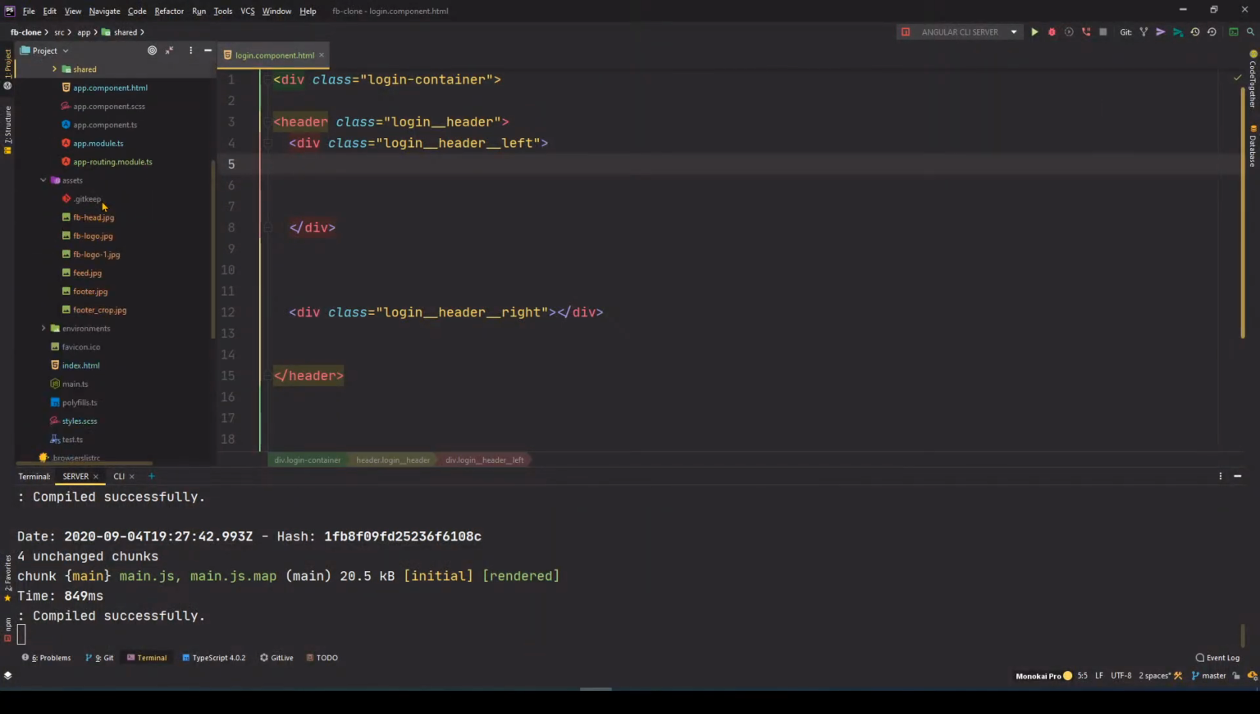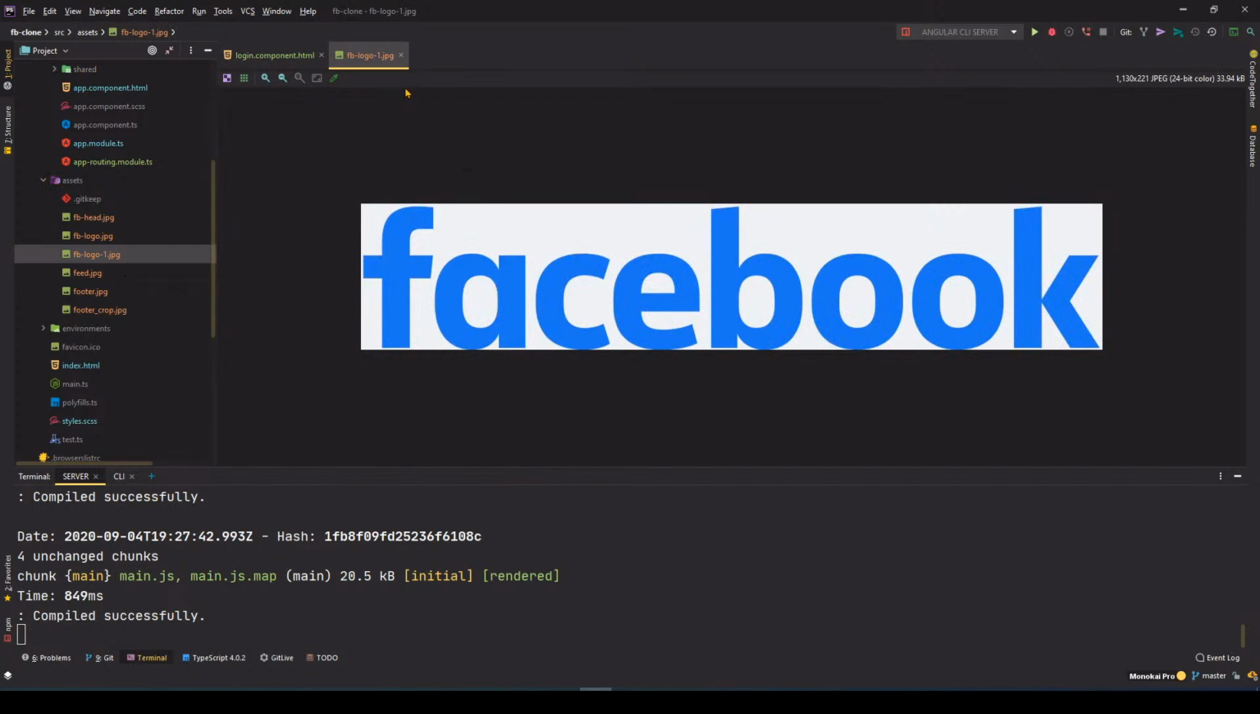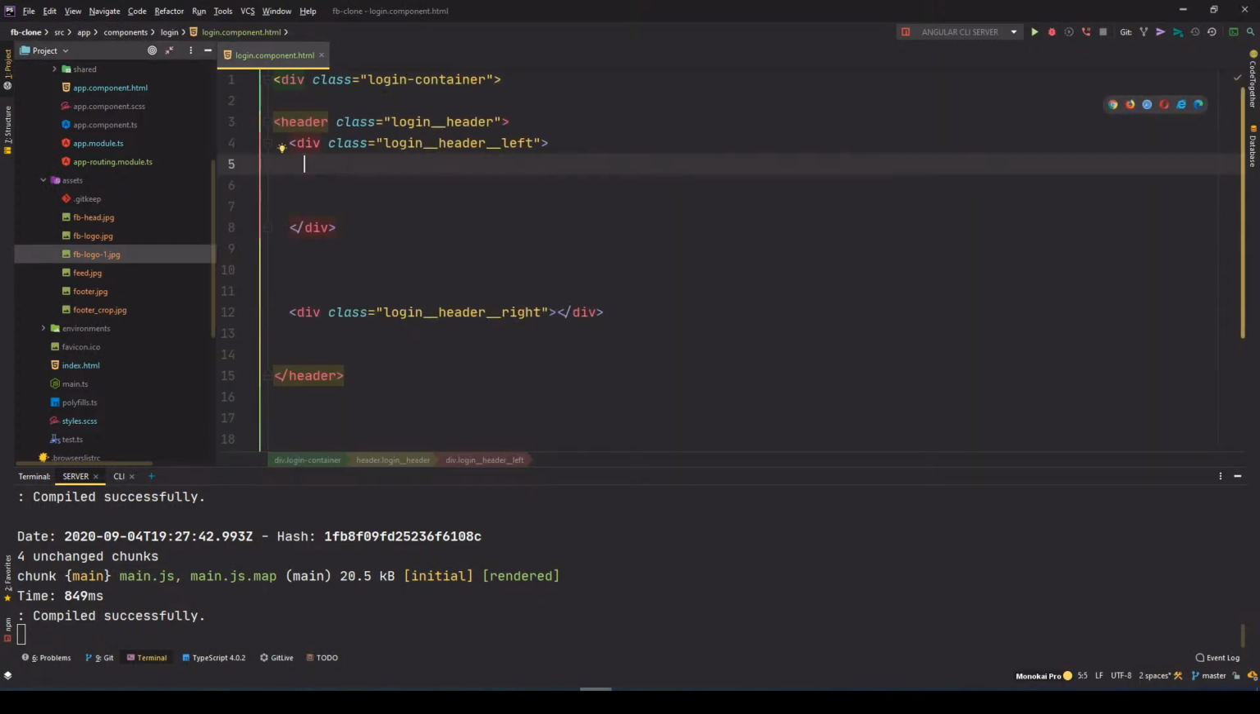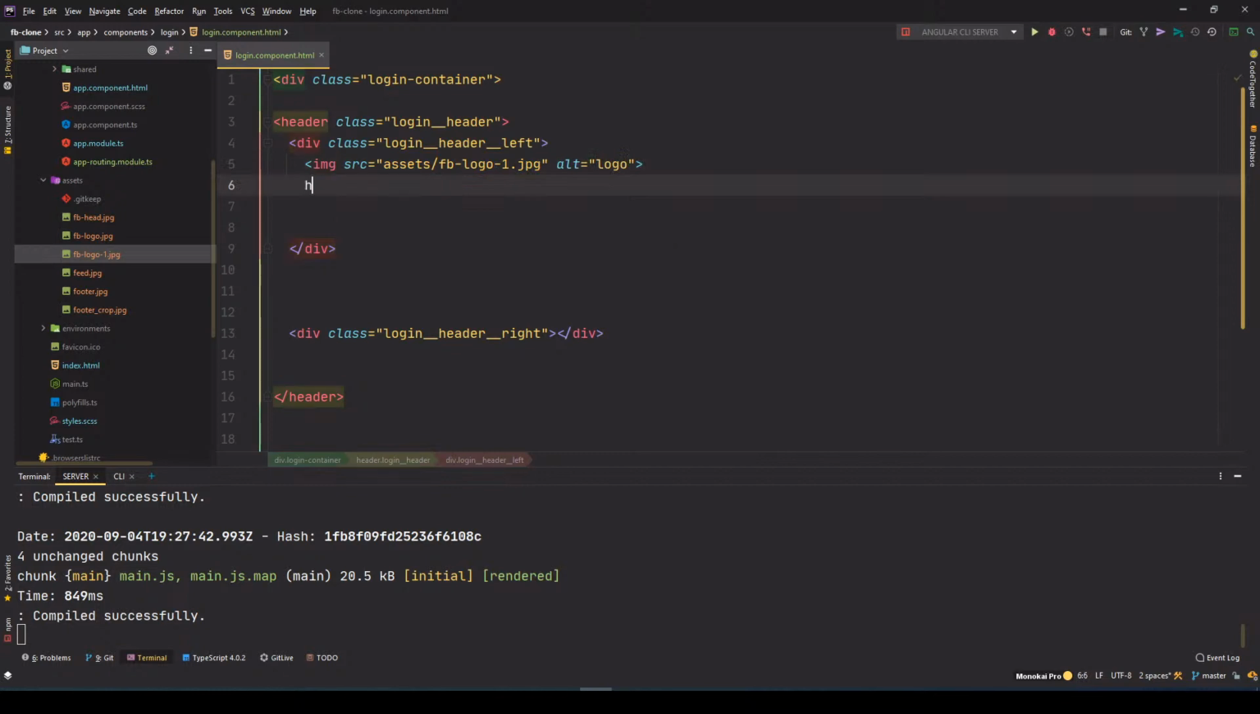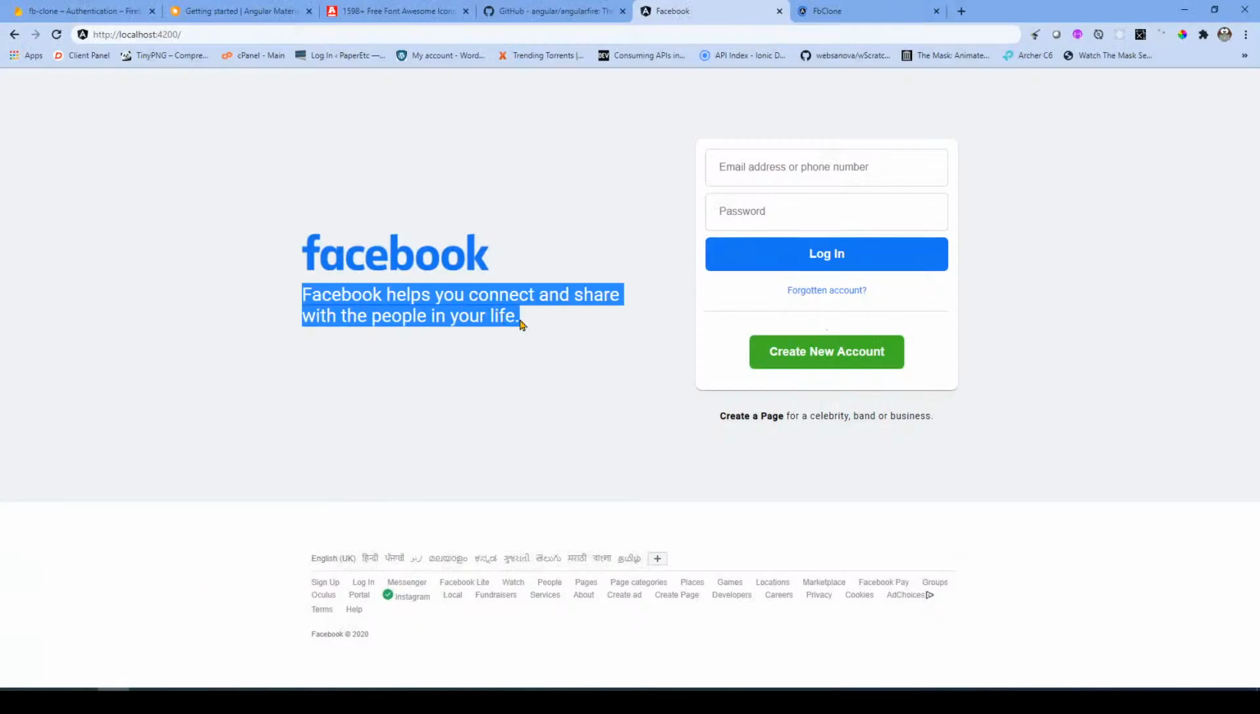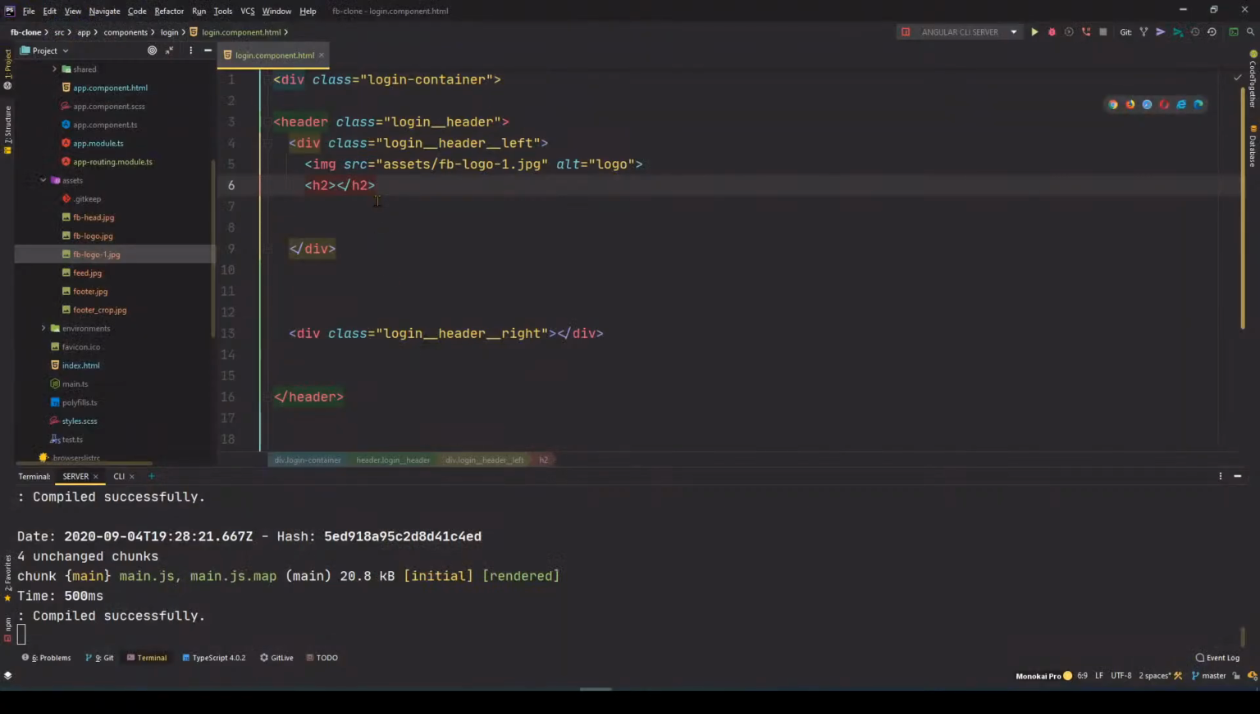Okay, I've copied all the images that I will be using throughout the course. So I think this is the logo. Yeah, that's the logo. So in the left section I'll use an image tag with the source set to assets/fb logo1, alt will be logo, and h2 I'm going to copy this text from here, paste it there. Okay,